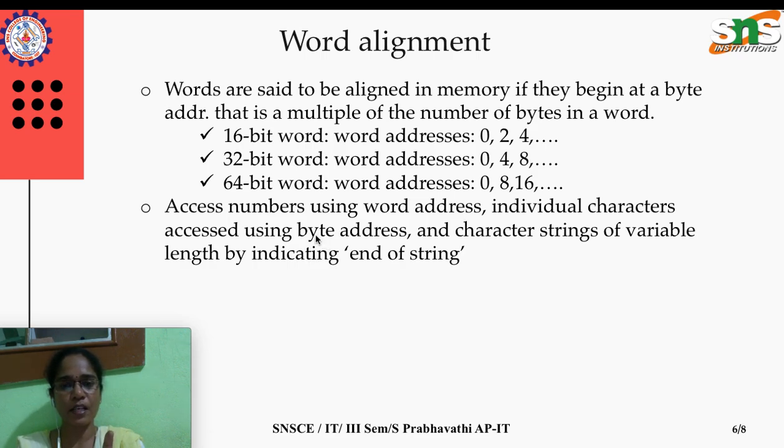For example, if I want to access the character stored in the byte address 1, that address alone is enough. I don't want that first character address. Okay, so I am repeating, please pay more attention, otherwise it will be a little confusing for you. We could fetch the information stored in the memory by means of word address or byte address.